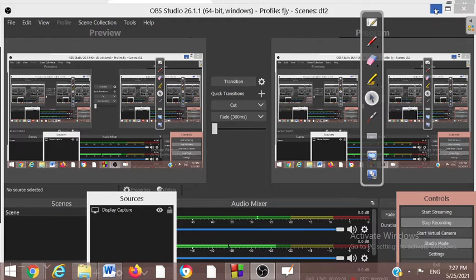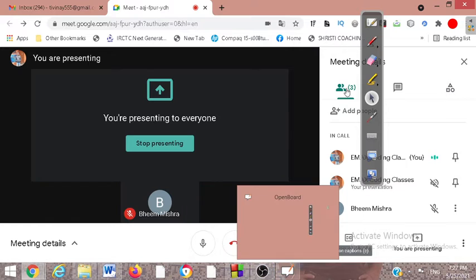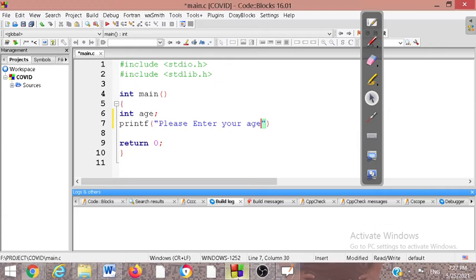So now what we have to do in this section, we are going to talk about a conditional statement, and we are also going to use a relational operator in this code. As I told you in the previous class, I am going to take the age, and I am also going to ask the user, please enter your age.